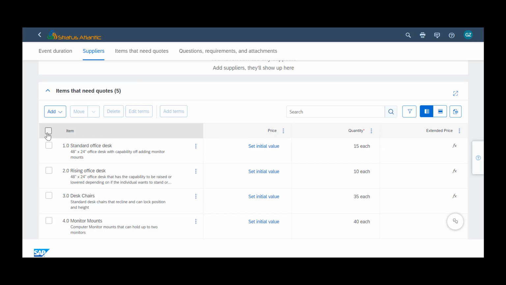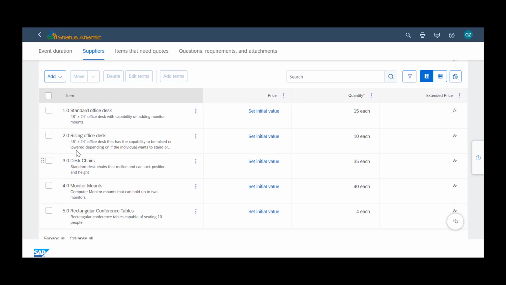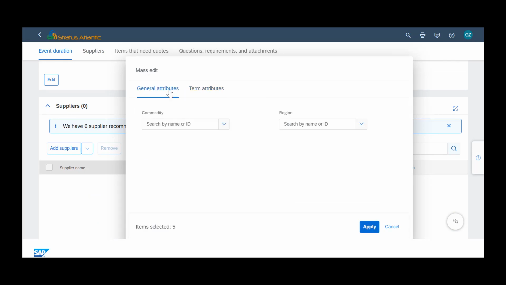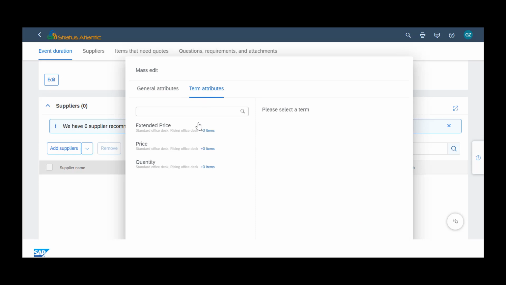I also have the ability to edit the line items directly themselves. For example, if I needed to change a specific attribute of all 5 of these line items, I could select all and choose Edit Terms. When I choose Edit Terms, I have the ability to mass edit. I can mass edit either general attributes or term attributes. General attributes typically consist of the commodity and region, and term attributes consist of the specific terms associated to the